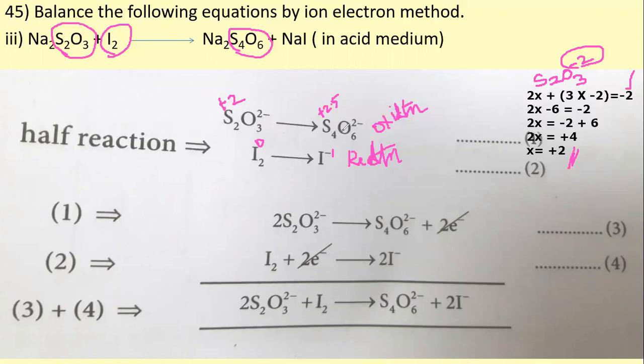Again, if we calculate for this S4O6 2 minus, you will get X equal to 5 by 2, that is nothing but simply 2.5. You will get a decimal oxidation state, that is approximately equal to 3. Okay, the 2.5. We all know when a number after the decimal is equal to 5 or more than 5, then we have to approximate it up, right? So here 2.5 will be rounded off to 3. Approximately we have to consider like this.